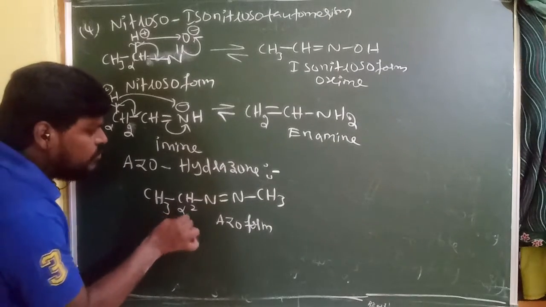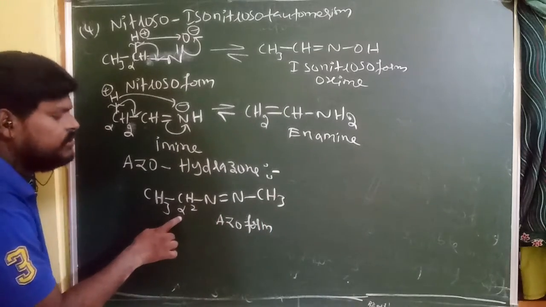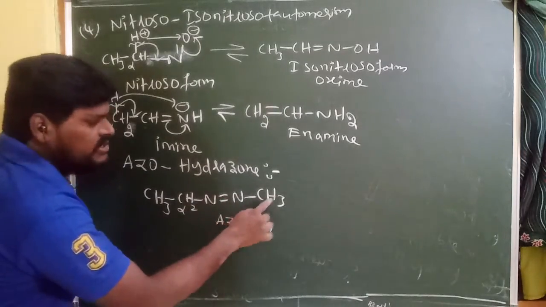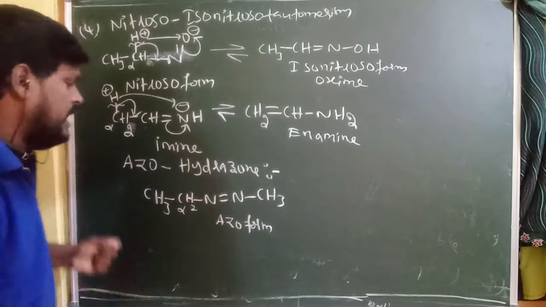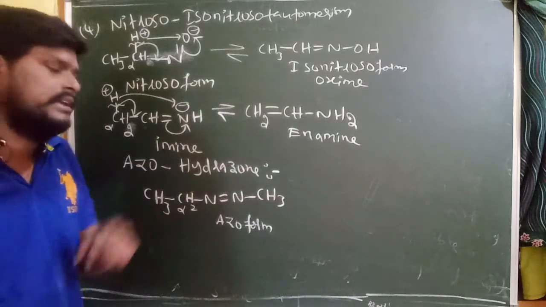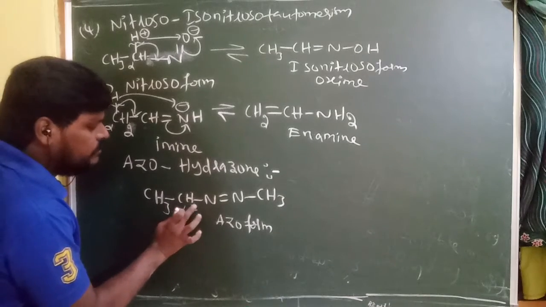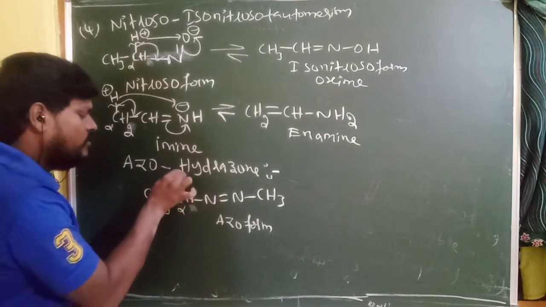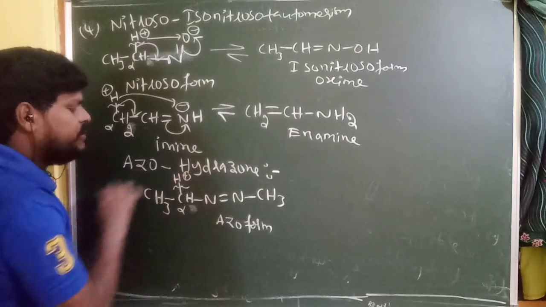Here we have 2 alpha hydrogens, and here also 3 alpha hydrogens. You can use either one, but this one gives a more stable alkene than this one, because this is the end of the carbon chain. The end of the carbon always gives a less substituted alkene, and this will give a more substituted alkene. That's why I want to use this alpha hydrogen right now. So here the bond to one hydrogen breaks, and this hydrogen gets a positive charge.